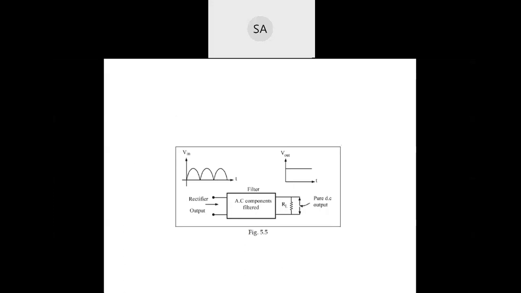So this is the circuit. Here, the rectified output is the pulsating DC. This may be from a full wave rectifier, either the center tap type or the bridge rectifier. Just consider this is the output of the full wave rectifier. This output is given to this filter, and this filter removes the AC component. It provides only the DC component. So this is the output of the filter, V out, a pure DC that we are taking across the load.